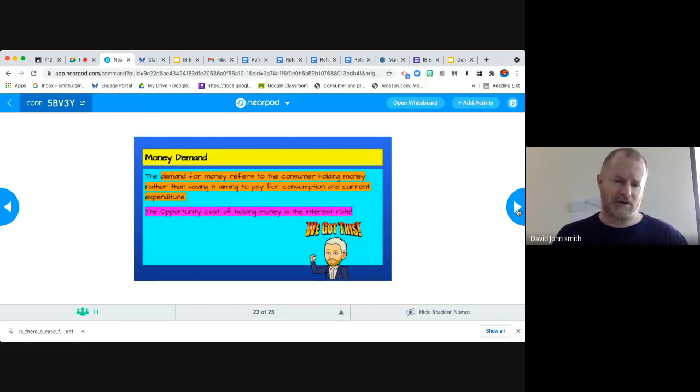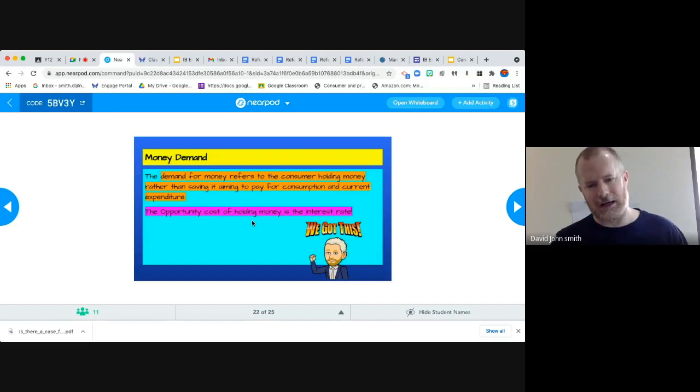Okay, there is what's called transactional demand, which is when you are holding money to buy goods and services. Then there's another which is called speculative demand, and that's more about holding on to the money as an asset. So like the people are doing at the moment with Bitcoin and Ethereum and Dogecoin, etc. All of those groups of people are holding on to those presumably as an asset as opposed to using them to buy goods and services.